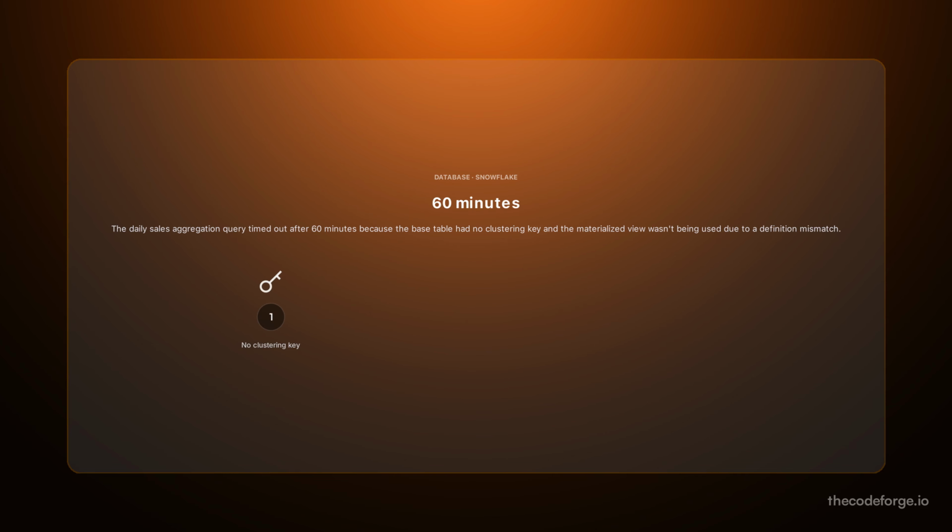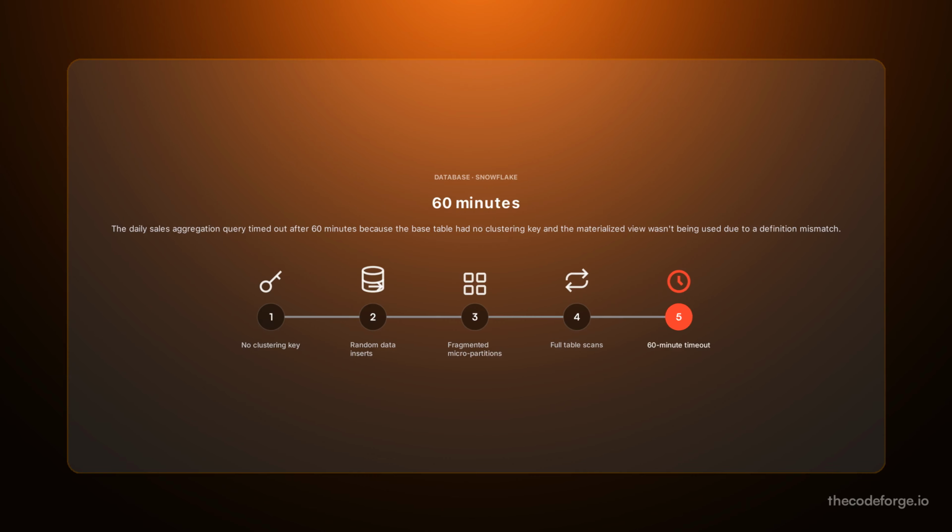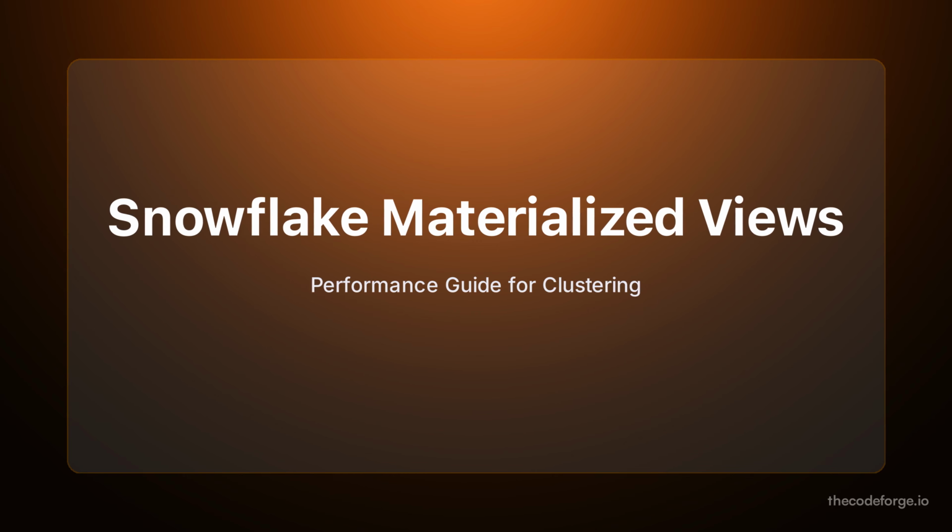A daily sales query timed out after 60 minutes, blocking all downstream reports. The developer scaled up warehouses, but the real culprit was a materialized view that wasn't even being used. We'll explore Snowflake Materialized Views and automatic clustering, two features that pre-compute results and reorganize data to dramatically speed up